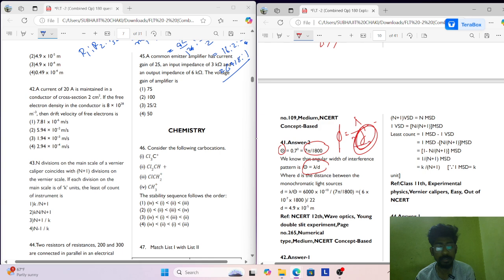Somewhere you can say this is 2d. If you say this is the middle point, this is d and this is d, this is 2d. So they are taking this as d. So 7 pi by 1800 equals lambda by d, right? So d will be equal to lambda into 1800 divided by 7 pi. The value of lambda is given, I guess,